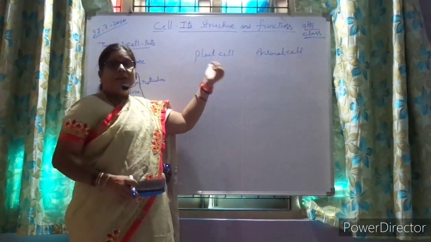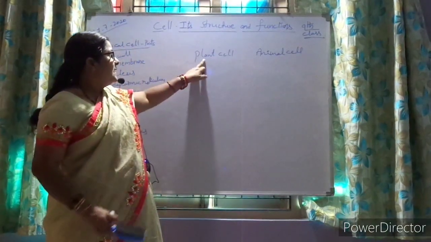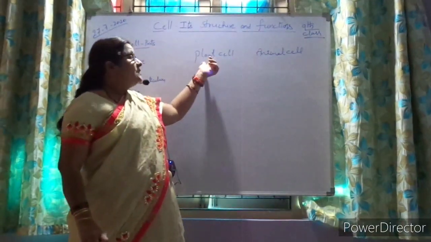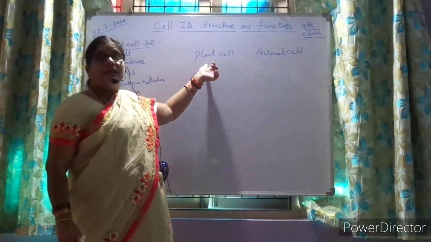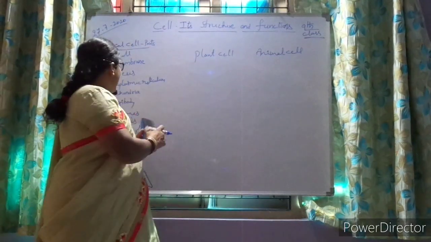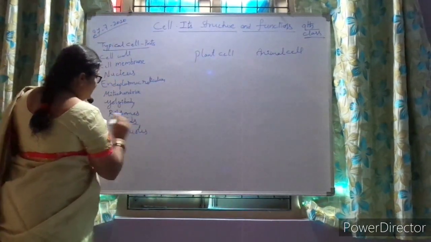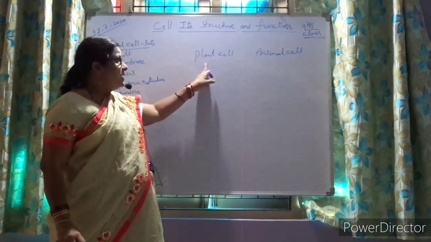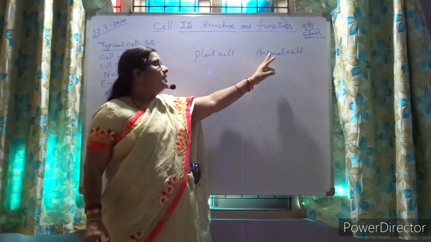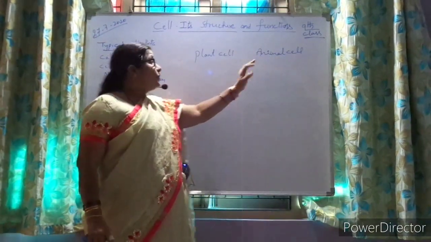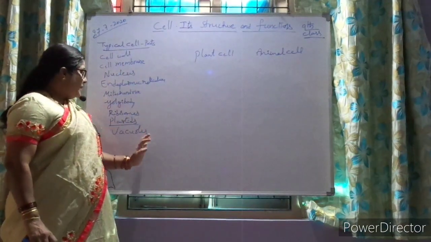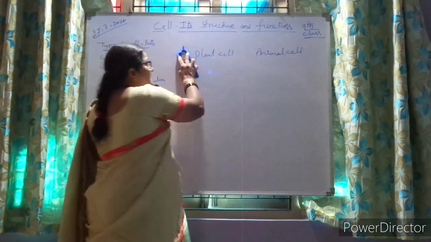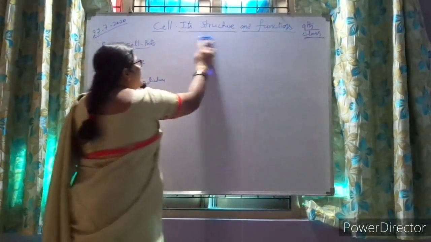If we recall the important parts which are present in plants, why are plants green in color and animals are not? Plants are green because they contain the important cell organelle called plastids. Plastids are exclusively present in the plant cell, but they are not present in the animal cell. So today we are going to learn about the different parts which I have mentioned here, and discuss every cell organelle and its functions.